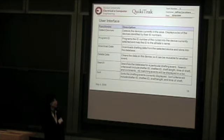So they just click on the download data button, so they can download the data from the selected device and store it into the database. Or they can clear out the data by clicking on the device delete data button. So we also provide